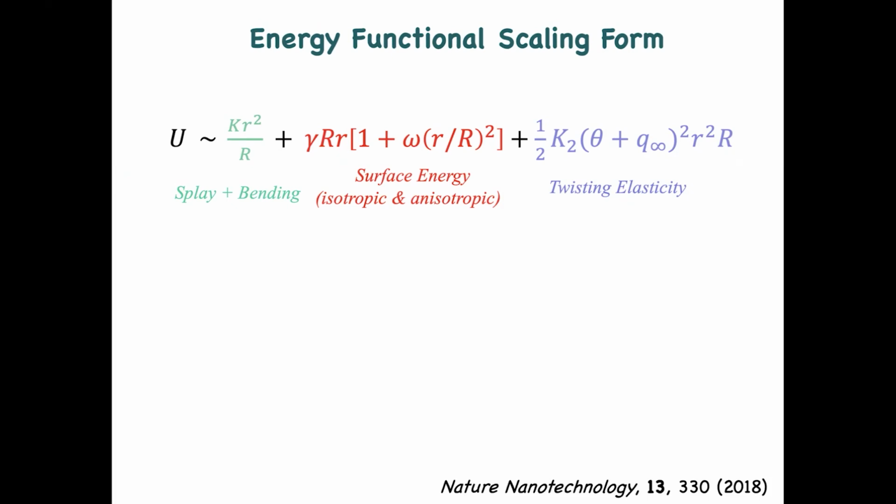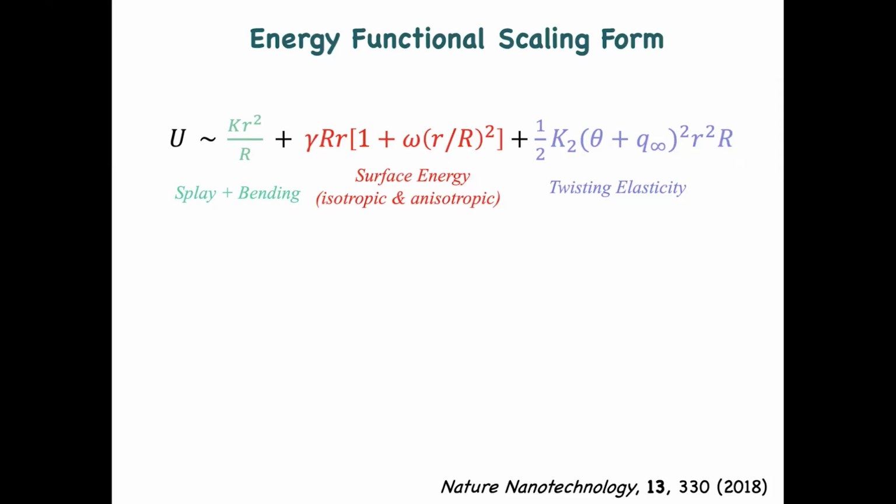And then we have a third term. This is the spontaneous wave vector of the chiral nematic phase. This is the effective twist angle. So you have 3 terms, 3 different colors. And now you have small r, big R, because these are like rugby balls. Okay, they are 2 different radii. But if you forget about that for a second, think about only one size. You see that this case is r to the 1, this case is r to the 2, and this is r to the 3. So as soon as the particle grows, the Hamiltonian will shift from left to right. Okay, so the more they progress, the more the terms from the right start to dominate.